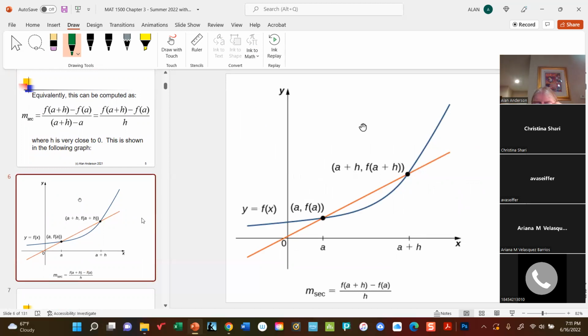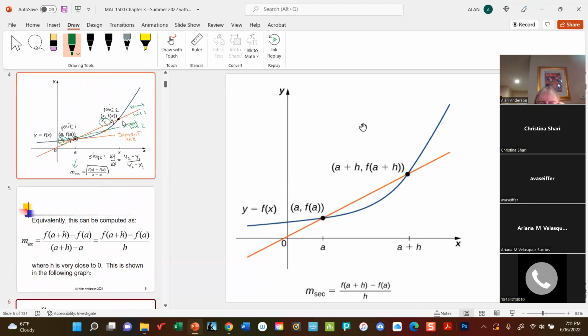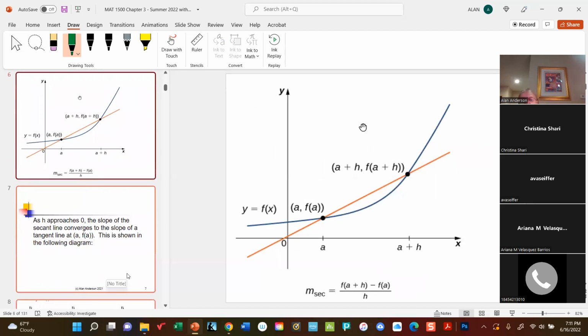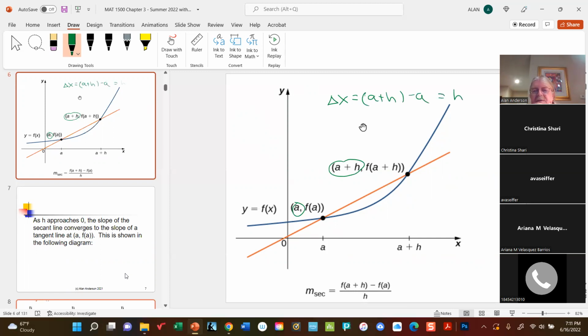Instead of x and f of x, we're going to think of it a little differently. H is meant to represent the difference between these two x coordinates. Okay, in other words, the change in x is equal to a plus h minus a, or just plain old h. And so if we take the limit